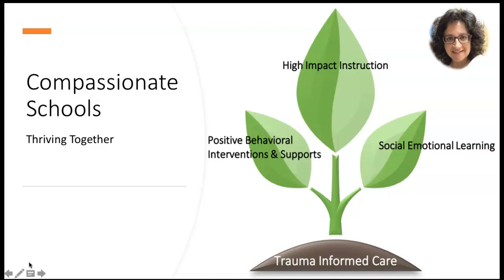Why did we choose a plant? Well, we thought about a school as a living organism, something that requires nourishment and tending. It's a complex structure with multiple components, all of which are necessary to ensure that our schools thrive. In viewing a school through that lens, we can see how all of the components are not only connected, but they're actually dependent on one another for mutually assured success.